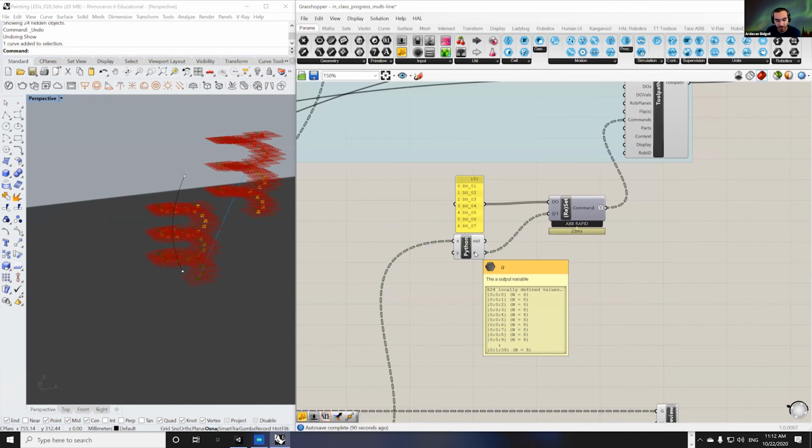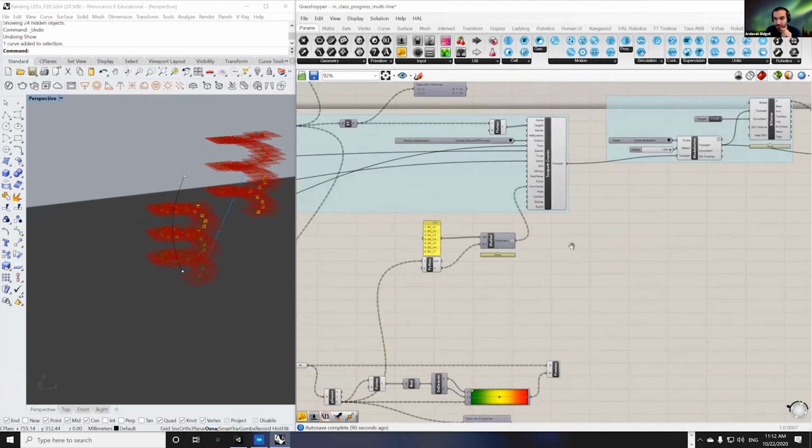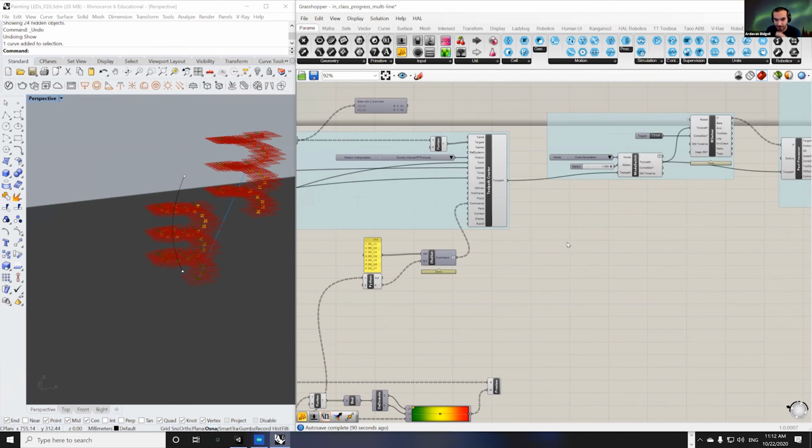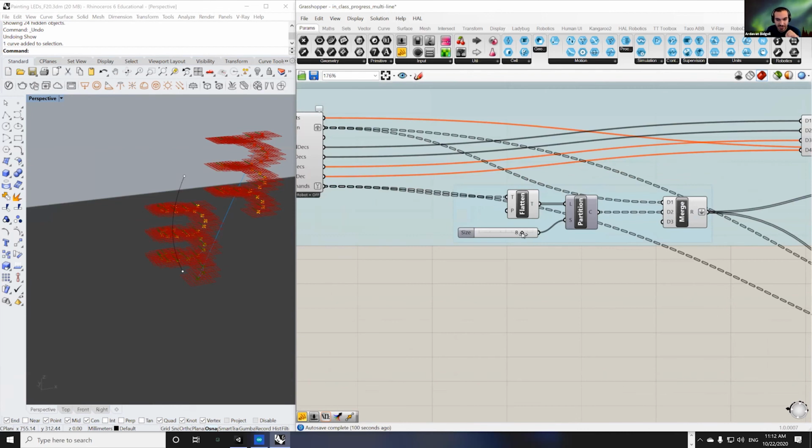No, that's not the case. I need to check this one. I'll check this one and get back to you in an announcement later today to figure out what was wrong here. But that number should actually be 6. I don't know why it's getting 8. But the point is,